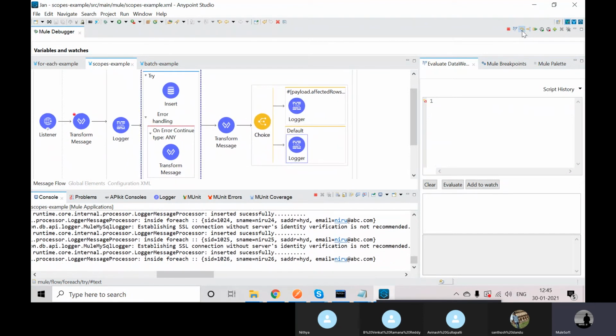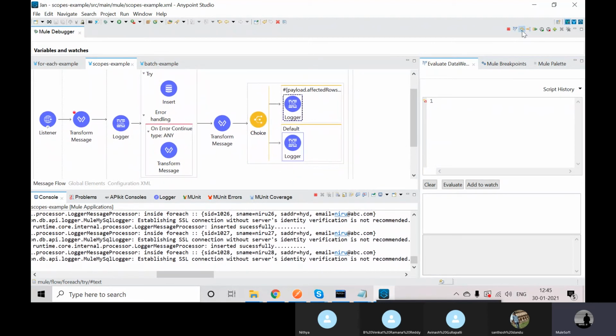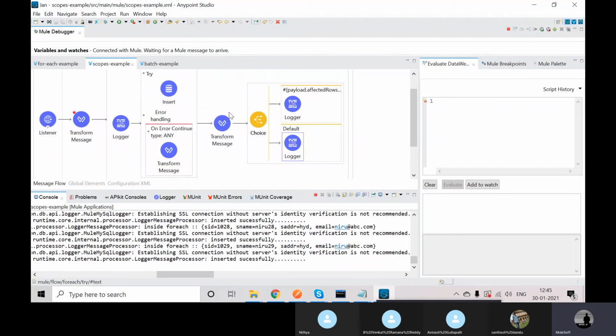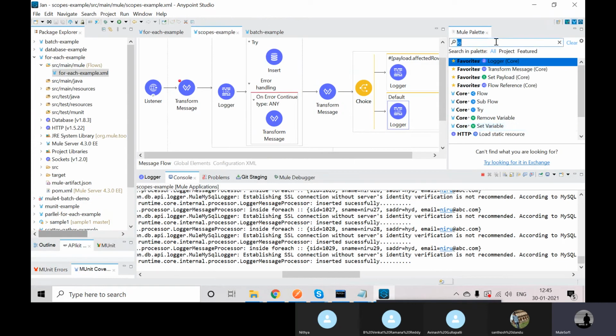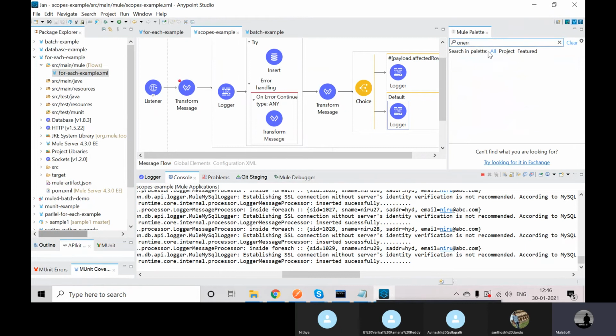This is how we can handle our errors by using the on error continue. So if you use on error propagate here, what will happen actually? In place of on error continue, if you use on error propagate, what will happen? We'll see that also.